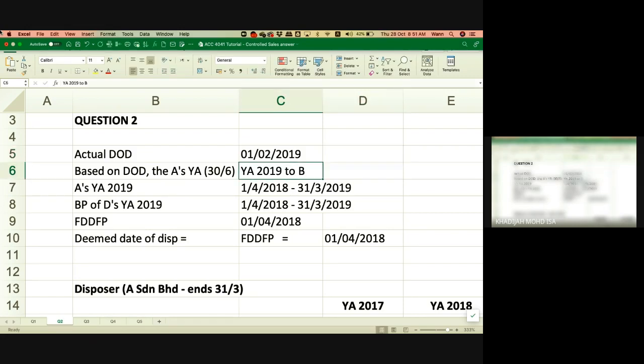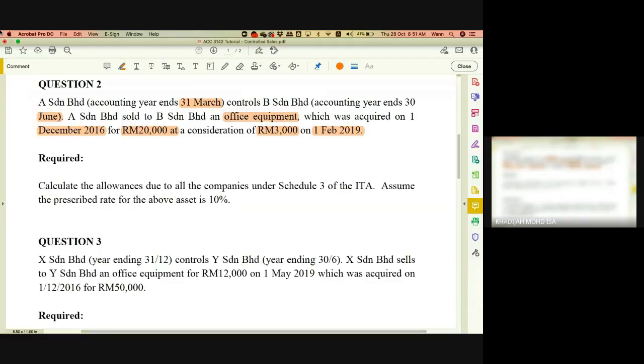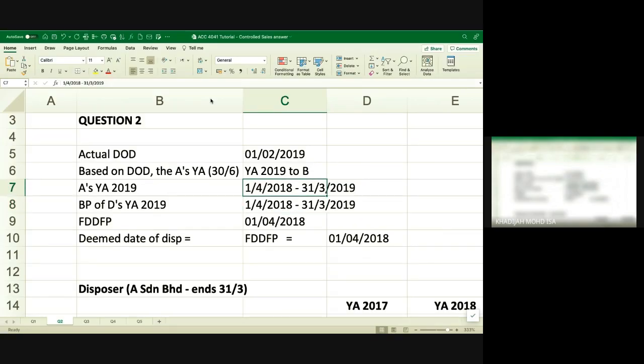So YA 2019, the disposer's basis period year end is 31st of March. So for YA 2019, the basis period would be 1st April 2018 to 31st March 2019. This one is not the acquirer, this one is the disposer. Disposal YA 2019. So this is the period, and once you have the basis period for disposal,